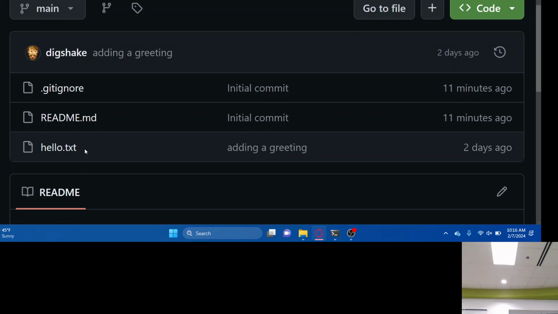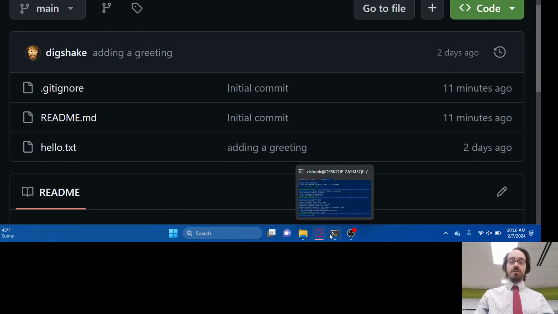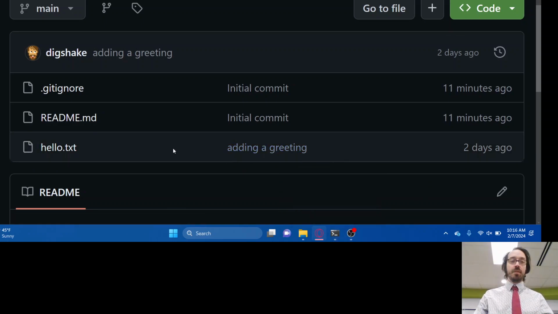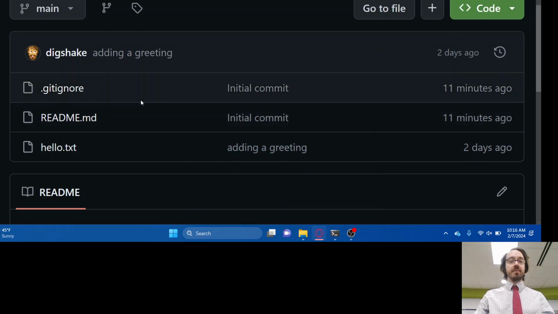I don't know, why does it say 2 days ago? Is the date on my computer off or something? That's a little weird. Why does it say 2 days ago? Huh. I have no idea about that one. Anyway,